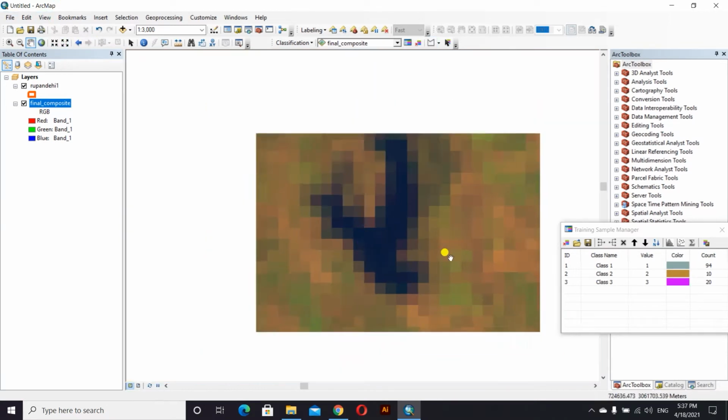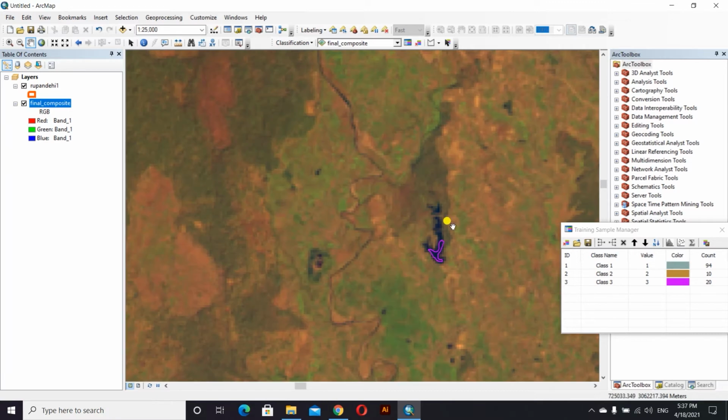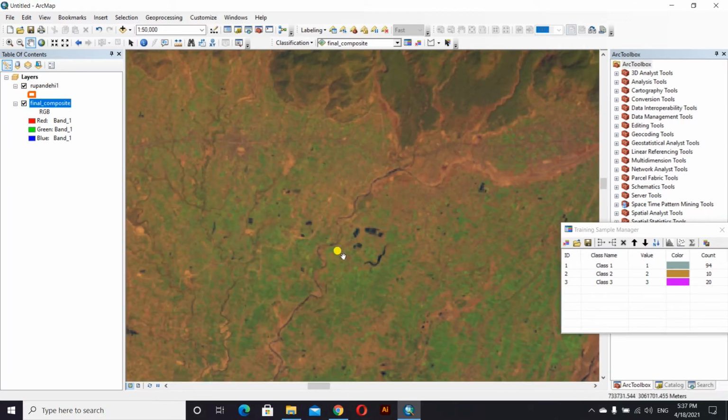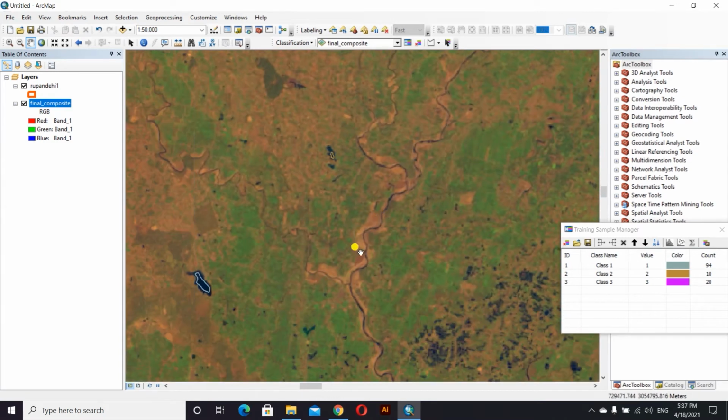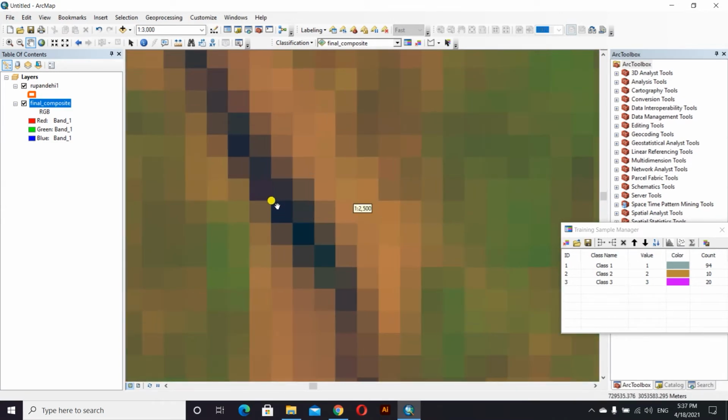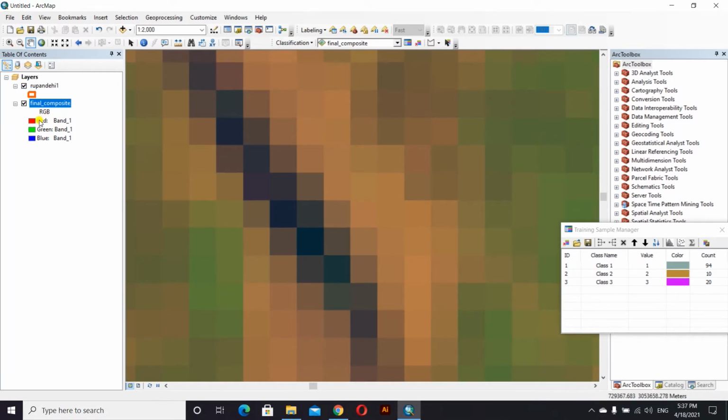Again, go to the next sample. Here, this is the river, so we'll take a sample from the river also. So this is the sample that we'll be taking.